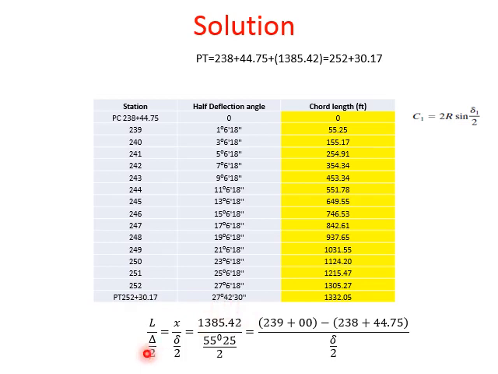So the deflection angle again will be for the whole curve. So it will be simply delta by 2. So your delta was 55 degree 25 minutes. So you just take half of it and you put it here. So for getting the last point, you don't have to do any ratio or don't have to add the degree of the curve. You just take the half of the complete angle of the curve. Then we have the chord lengths, and just whatever angle you have here, you take the sine of that angle, multiply by 2r, you get the chord length.